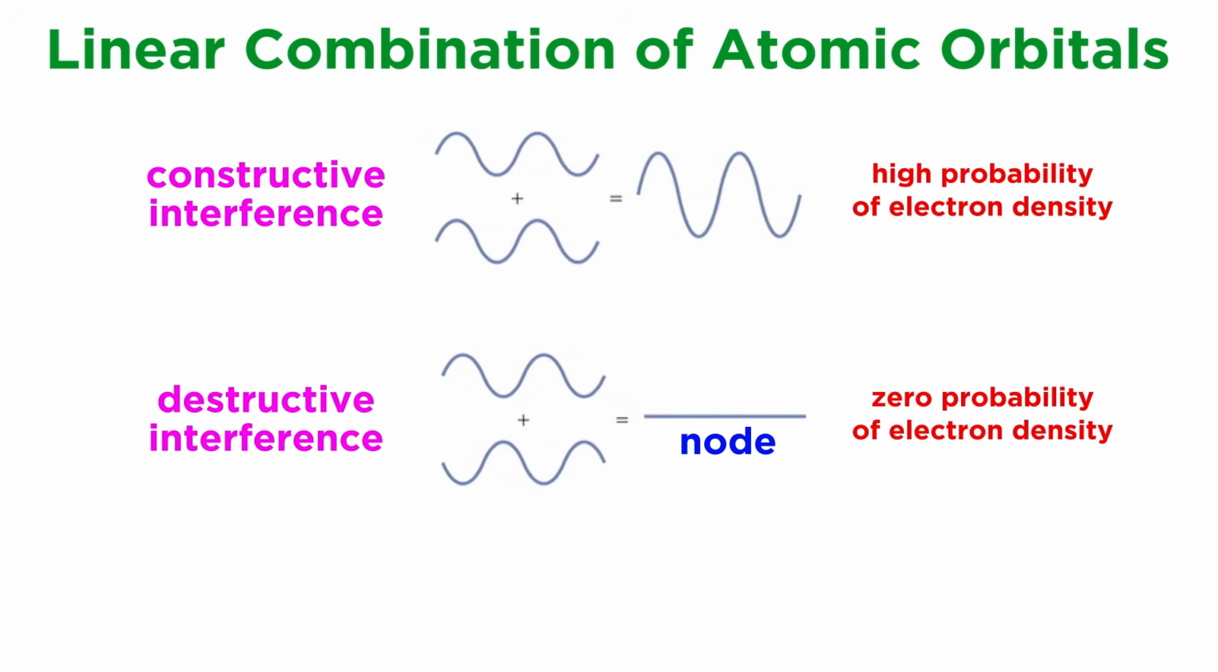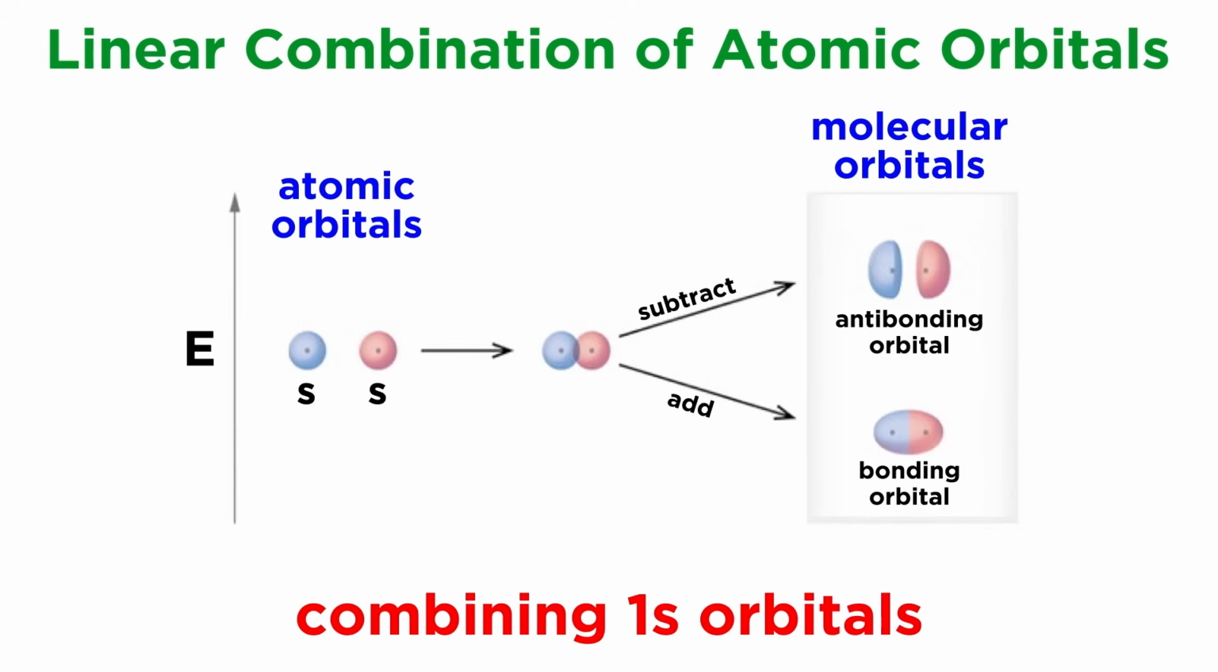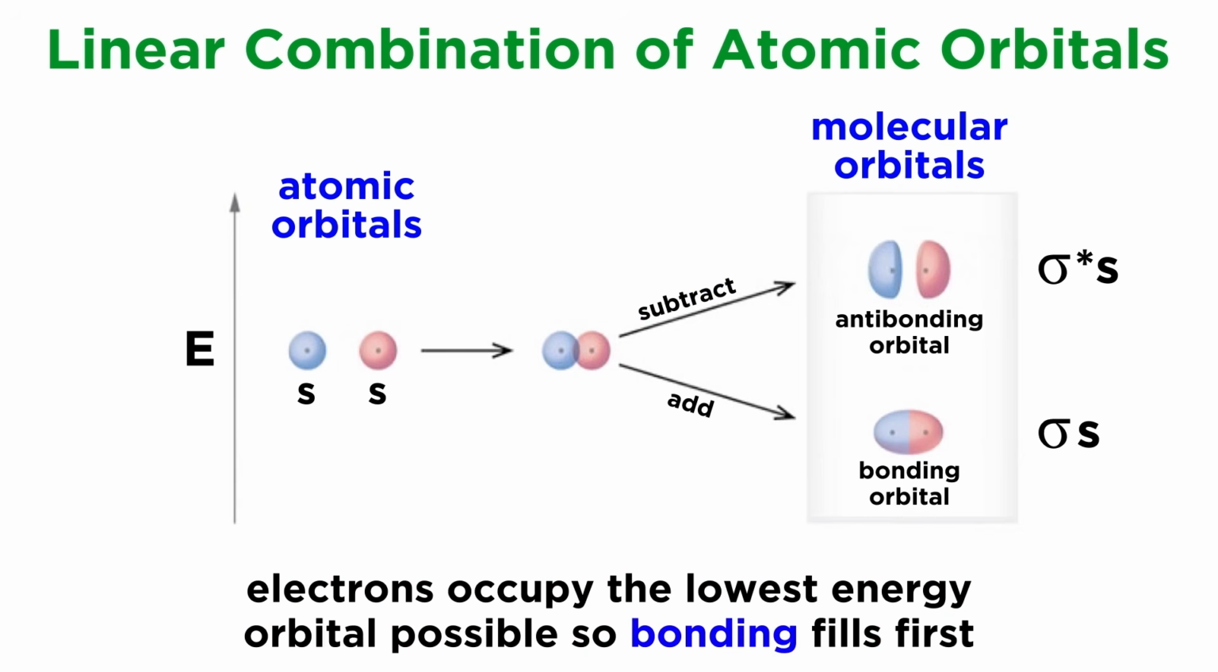When the two 1s orbitals from two hydrogen atoms overlap to form a hydrogen molecule, they will produce two molecular orbitals. The in-phase combination produces a lower energy sigma s bonding orbital. The out-of-phase combination, which essentially subtracts the wave functions, produces a higher energy sigma s star antibonding orbital, which has a node between the nuclei. Electrons will occupy the lowest energy orbital available, which is why the two electrons in this bond will reside in